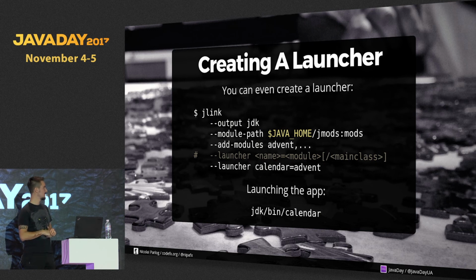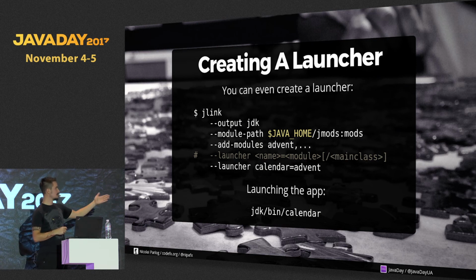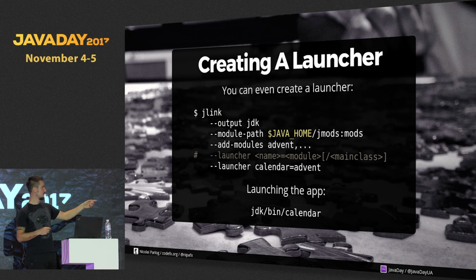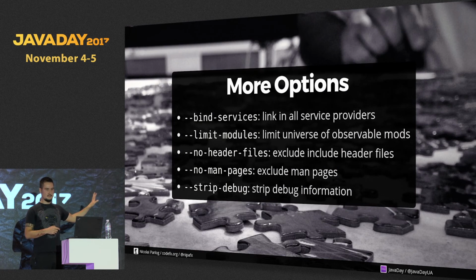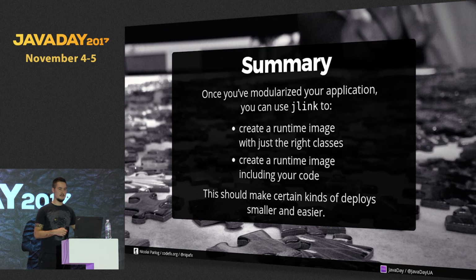You can use the launcher option and say what the launcher is supposed to be called. In this one, it's supposed to be called calendar. And so the launch script is called calendar, and it launches the module advent. And then you can launch with JDK bin calendar, which is quite nice. More options, which I'm not going to go over. And then as a summary,